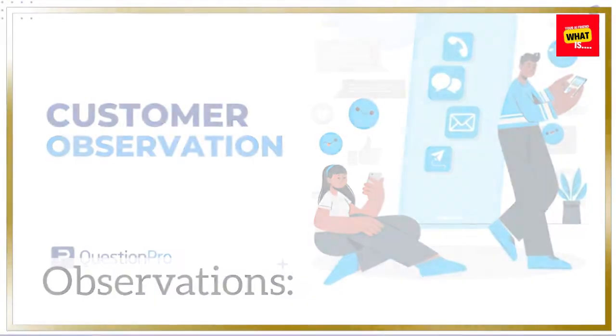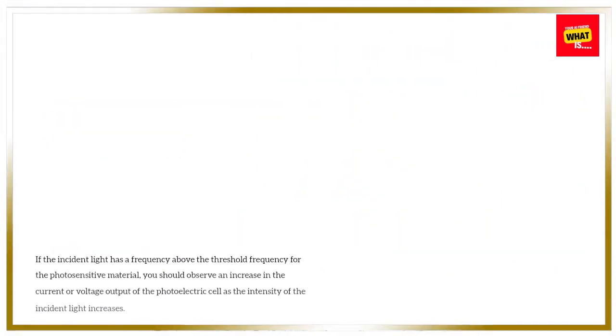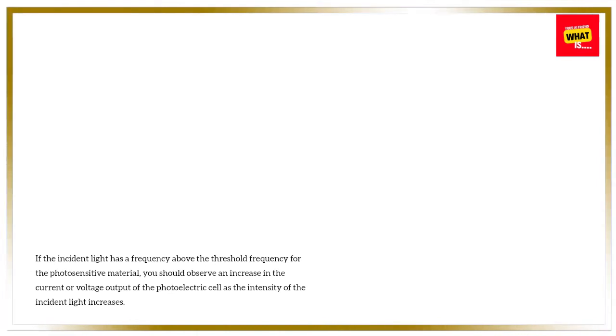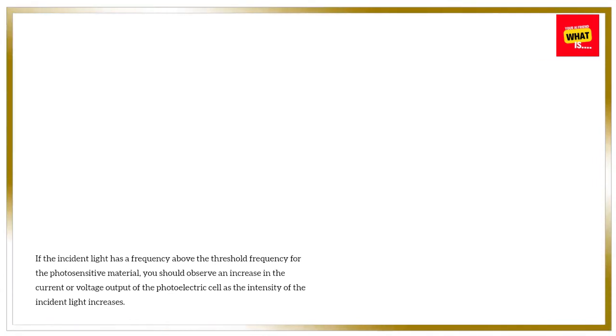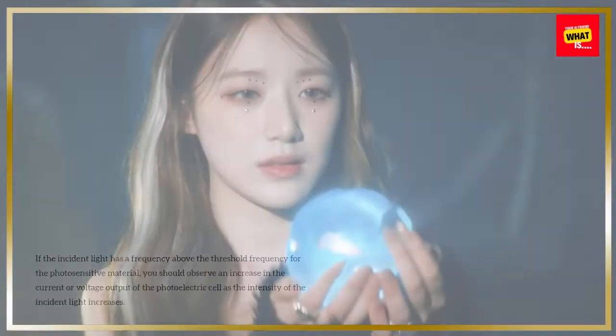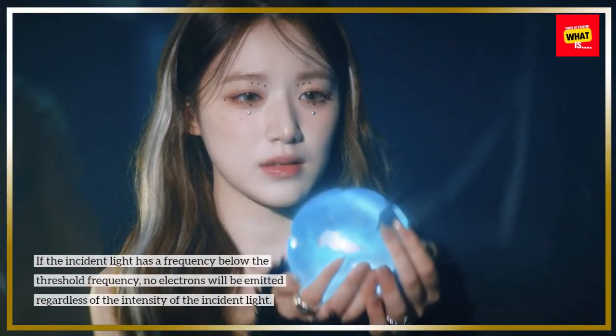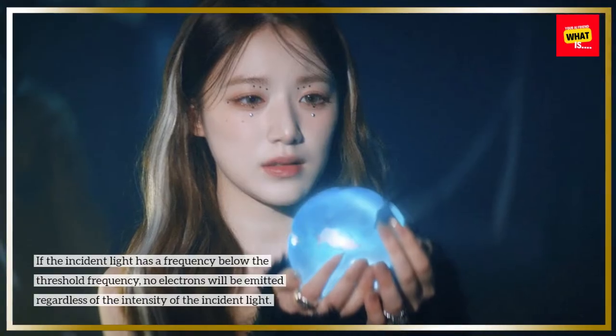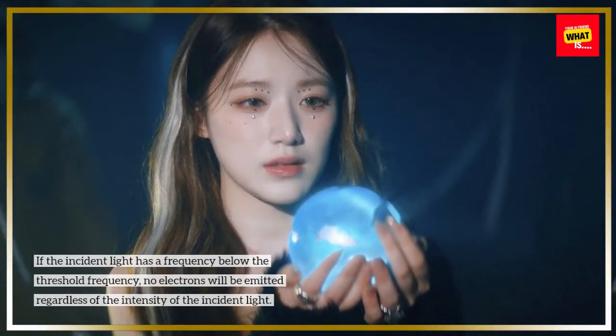Observations. If the incident light has a frequency above the threshold frequency for the photosensitive material, you should observe an increase in the current or voltage output of the photoelectric cell as the intensity of the incident light increases. If the incident light has a frequency below the threshold frequency, no electrons will be emitted regardless of the intensity